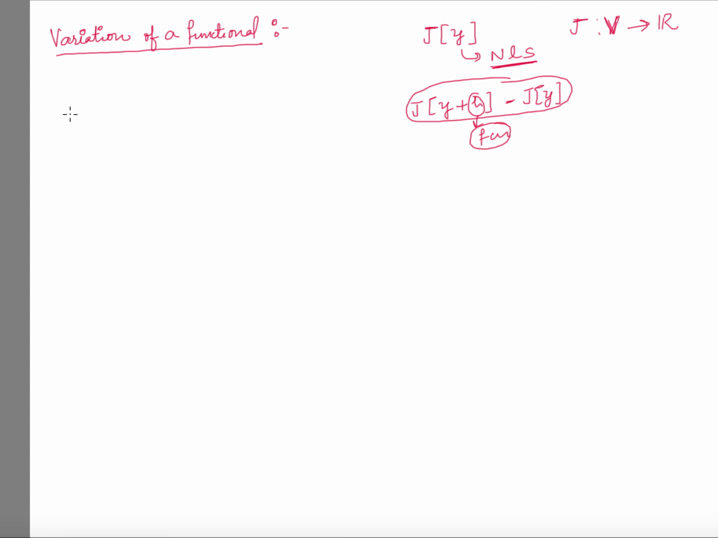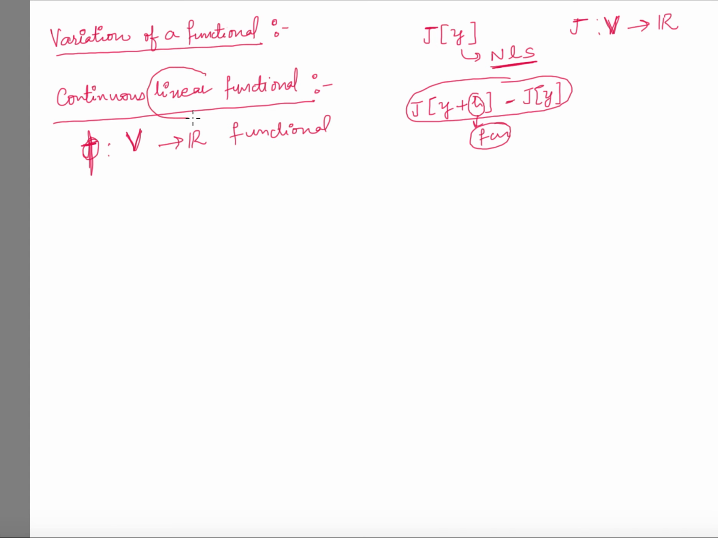The first thing is a continuous linear functional. What is this? A functional, we know, is a function from a normed linear space. Suppose I have this functional; you can denote it with anything. Suppose I am denoting it with phi. I have a functional phi from a normed linear space V to R. This is my functional. Say that this is a linear functional. It is said to be linear